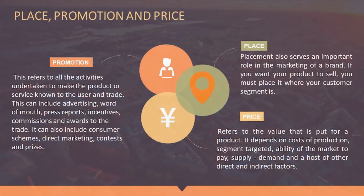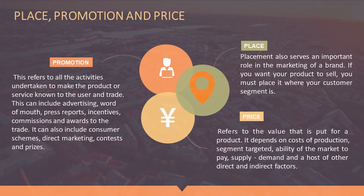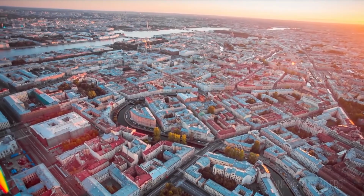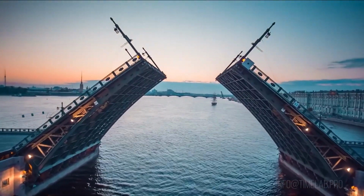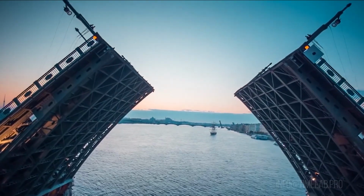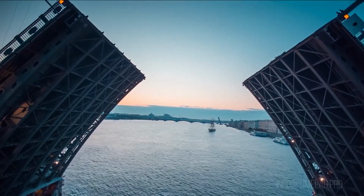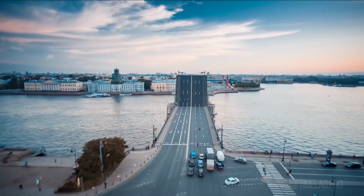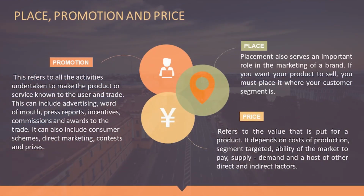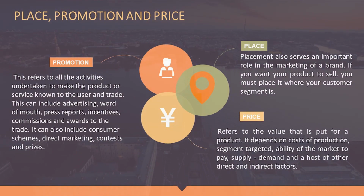Next is promotion. These are the activities undertaken to make the product or service known to the user and trade. Promotion, from the root word itself, promote, means to introduce or to boost brand recognition. The question is, how are you going to promote your products or services? Sabi daw, ito yung mga strategy and ideas na kailangang i-implement ng mga entrepreneurs, lalo na ng mga successful entrepreneurs, para maging aware yung kanilang product. An example nito ay ang